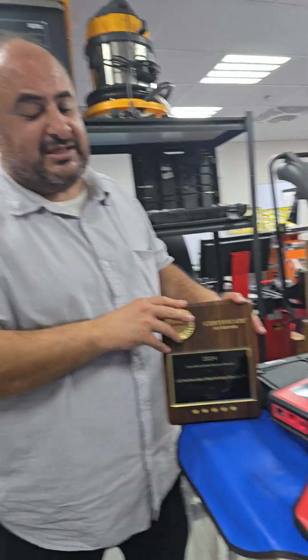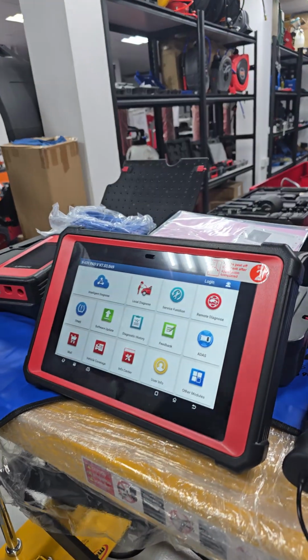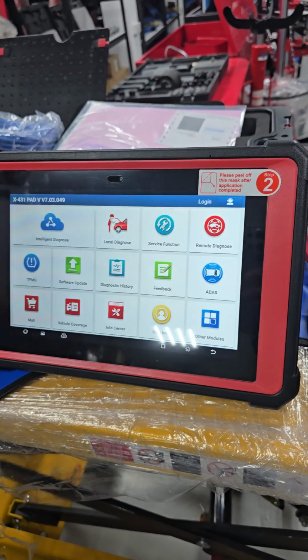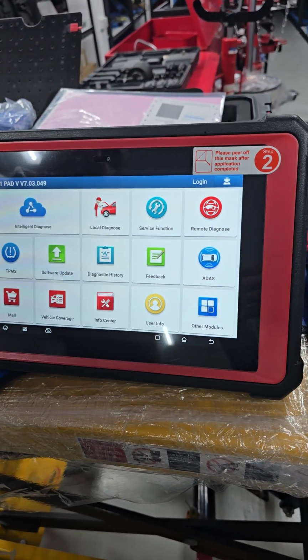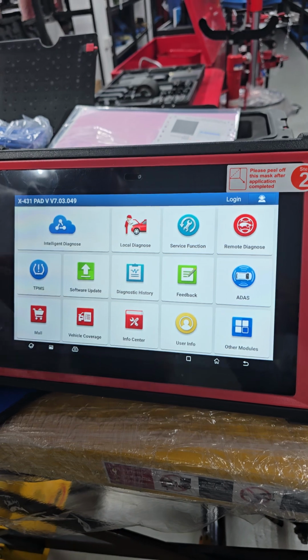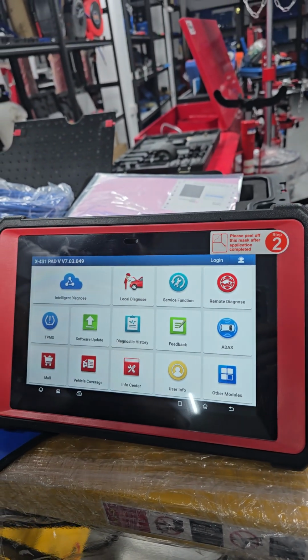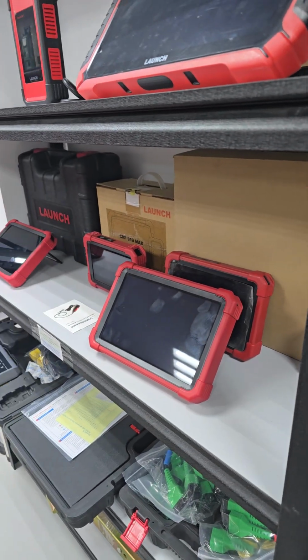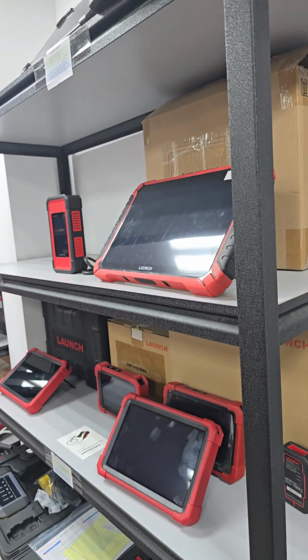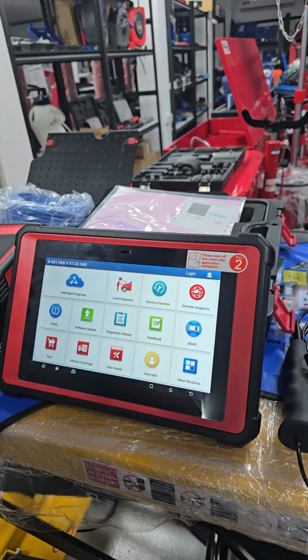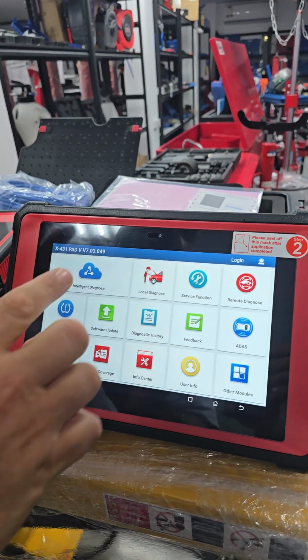Today, I'm going to present one of the advanced tools from Launch scanners, which is the PAD5. PAD5 has always been known for its great capabilities at a medium price, because it comes in between the small devices, which are Launch Pro and Launch Pro 3, and the bigger devices, which are PAD9 and PAD7. It has every capability of the higher devices, PAD9 and PAD7, but optimized